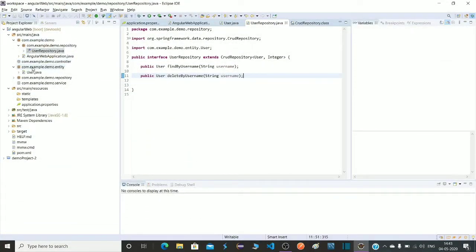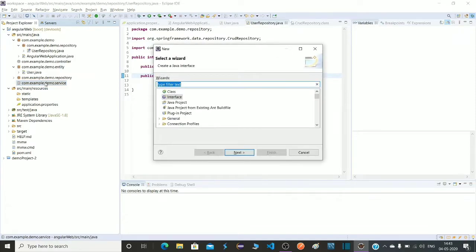Okay, let's create the service class. We will not talk to the repository directly in our controller, so first we are going to create methods in the service class and then we will call them from our controller class. Press Ctrl N and search for class.